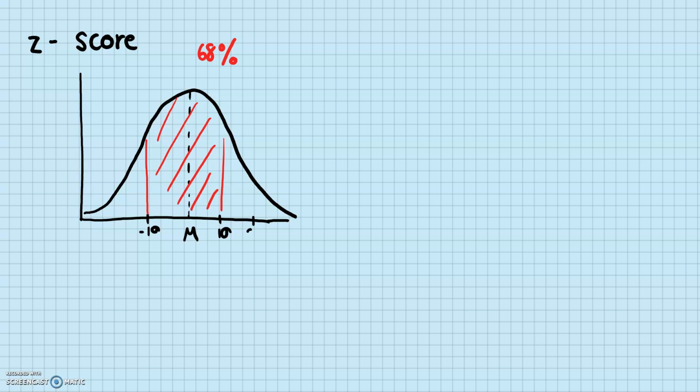If you move two standard deviations, both sides, you're going to include 95% of the population. And if you move three standard deviations, you're going to include